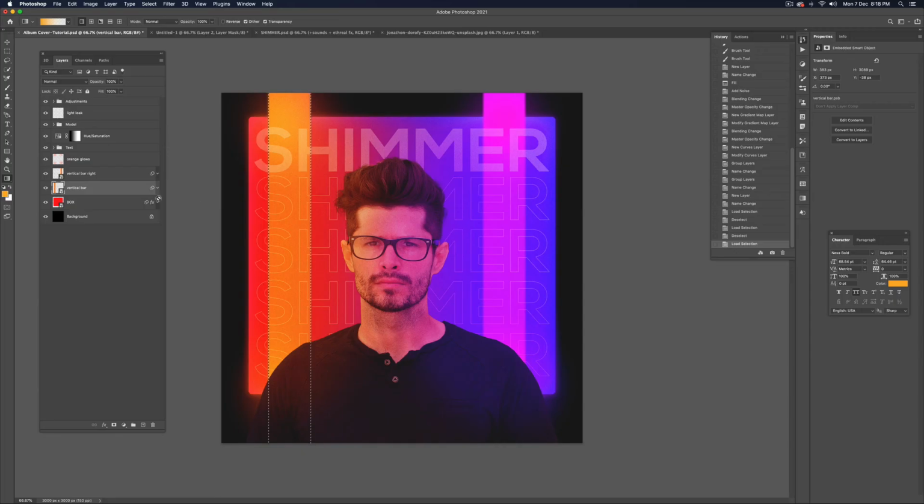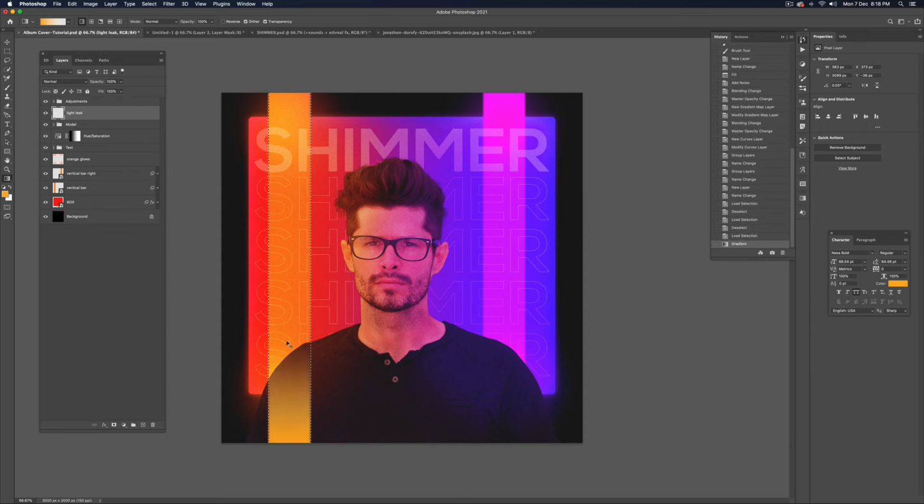And now we'll go to our light leak layer and we'll just drag a gradient from bottom to top, something like that. Looks pretty good. We won't do anything on the right hand side with the vertical bar on the right, because we want to make this a little random. We don't want it to look symmetrically perfect. And yeah, so once I've done that, we'll start adding a little random text,